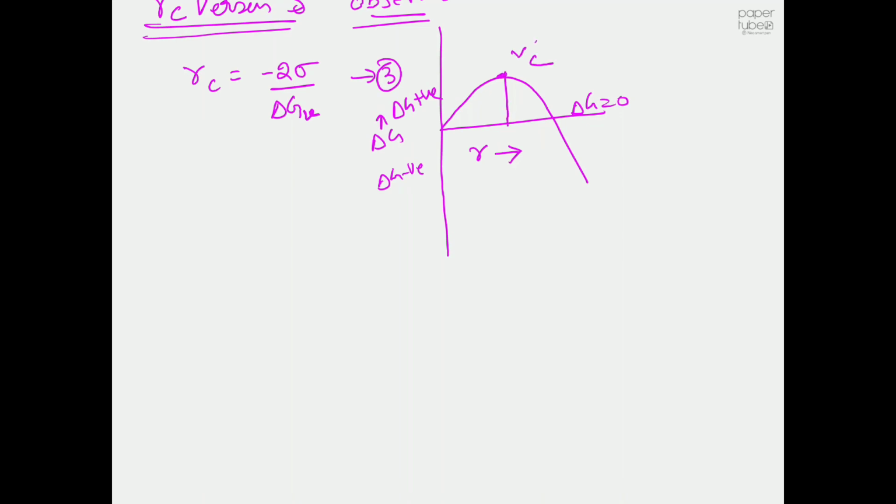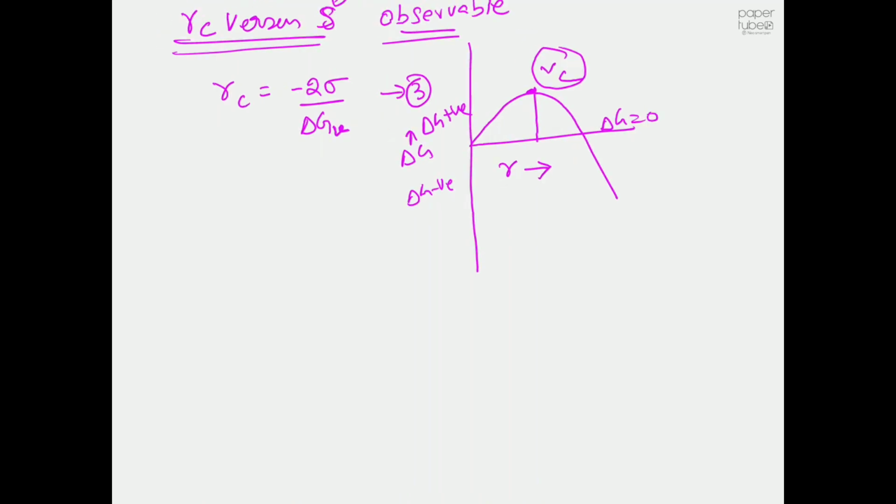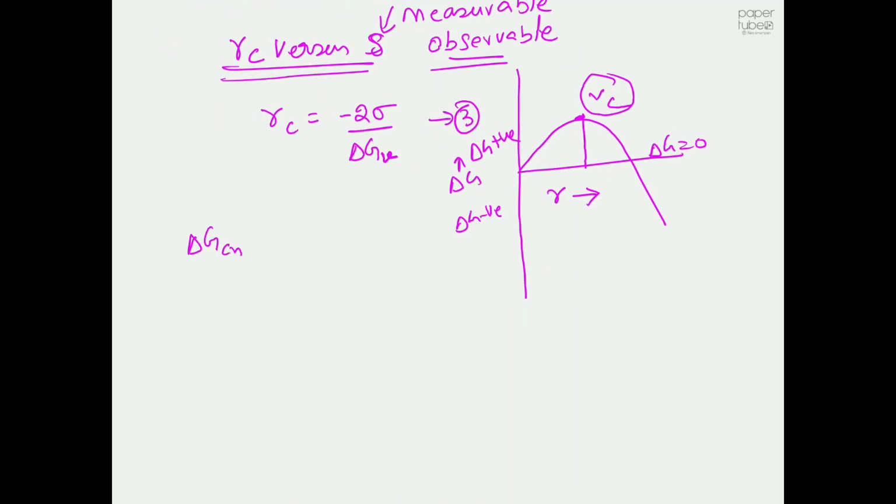So which means if we have the RC value, we can also calculate the free energy required to form a stable nuclei in the solution, or the free energy that we need in excess to that of the bulk solution to form a stable nuclei. We can calculate that. So how to do that? We already know from equation 1. This is a slightly bigger derivation, sorry for that. So delta GS,